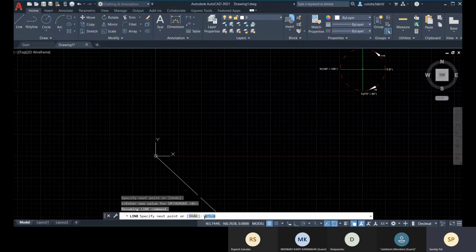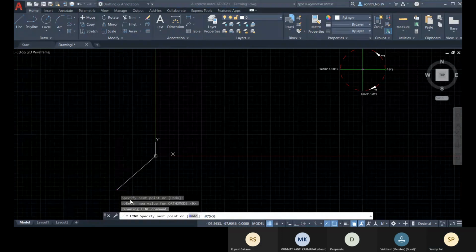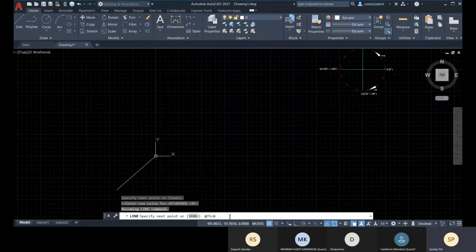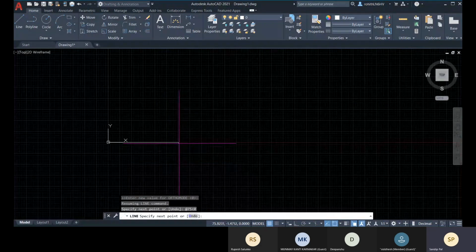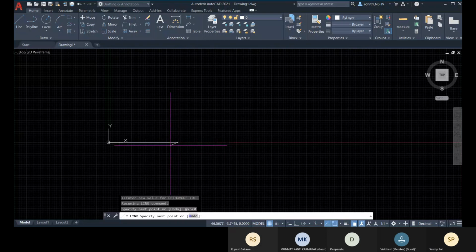I hope this is visible, at the rate 75 less than 0. So you have to type this less than symbol and then press enter. And here you can see from this, this is calculated. If you provide at the rate, that means it will be calculated from the last point.